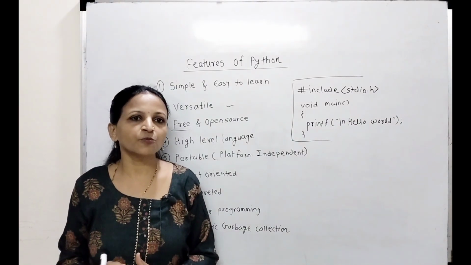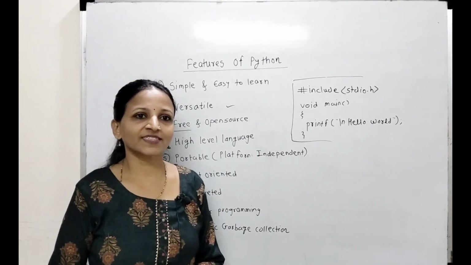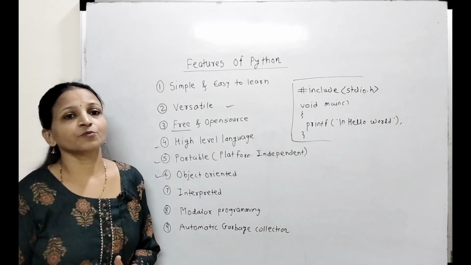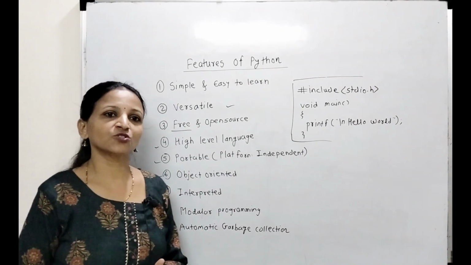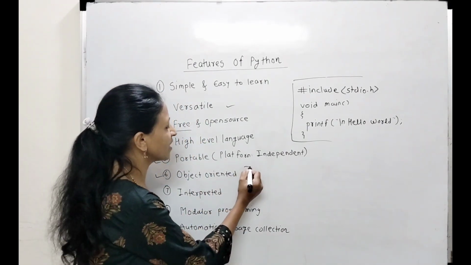Again we can create a program with the help of the class concept also, and again it has multiple features like inheritance, encapsulation, polymorphism and so on. Those are all supported by Python. That's why Python is called an object oriented language. Actually it is a multi-paradigm language, remember.